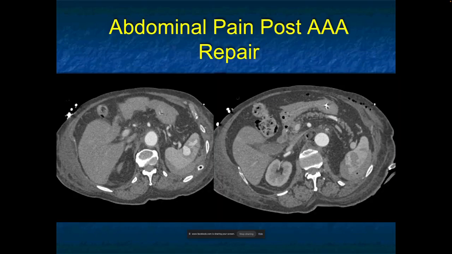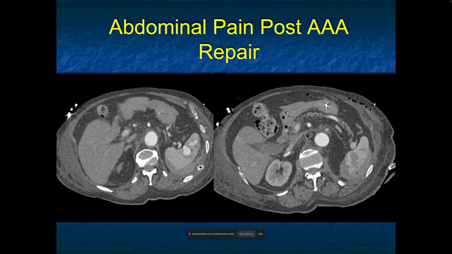Great case. Patient had a routine abdominal aortic aneurysm repair, post-op not doing well. You can see there's a splenic laceration. There's actually active bleeding in the spleen. Now, this is a known complication no matter how you do the procedure, but it's not that common. But in patients who have a drop in